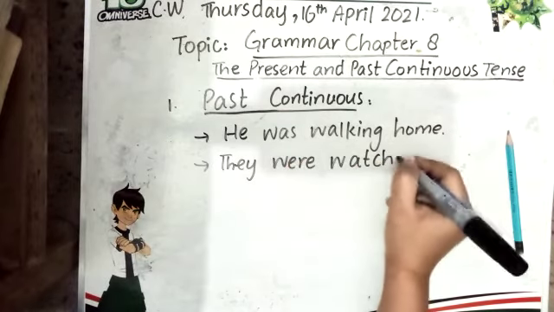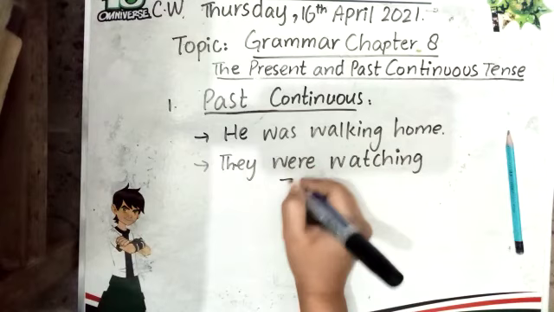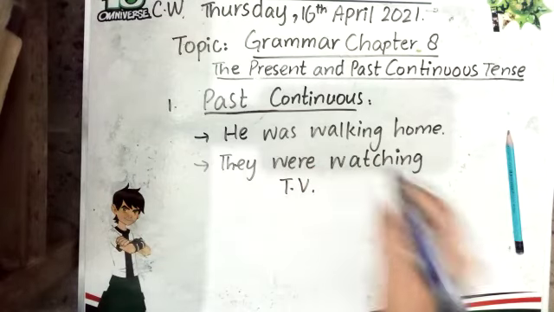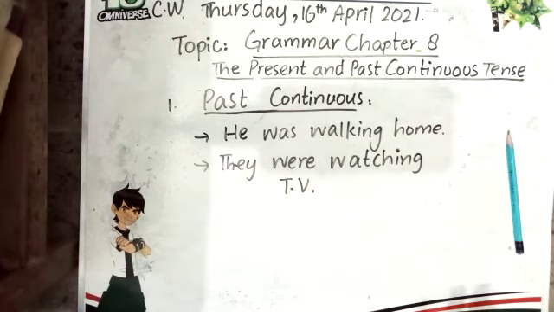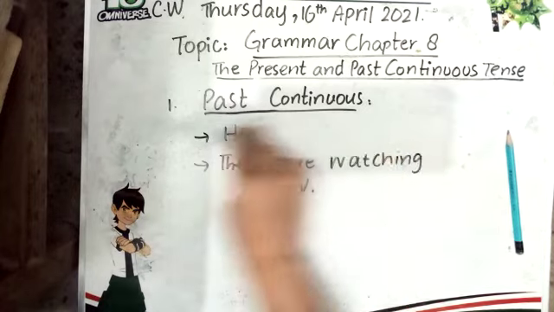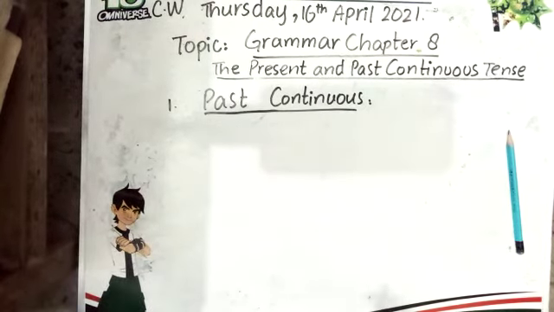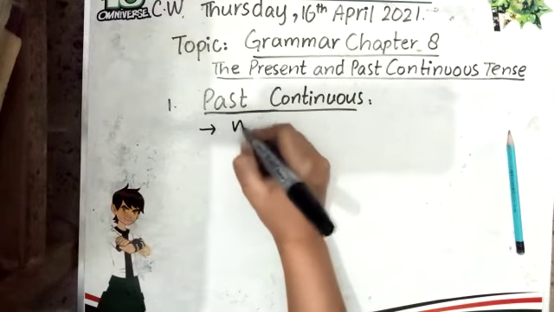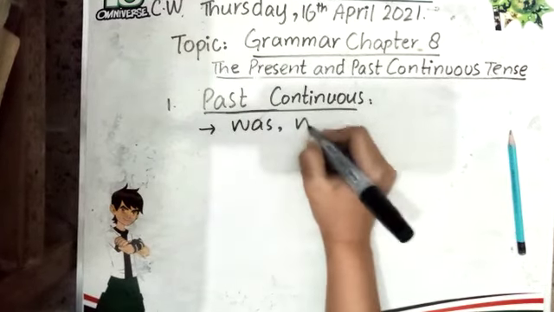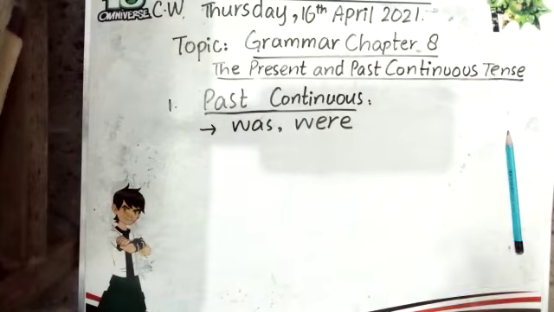So this tense expresses an action which was in progress at a particular time in the past. Now we use the simple past form of the verb be in past continuous tense. Now let me tell you how we have to use it. There are two types of be form which we use in the past tense, and those are was and were. Now when we have to use which one of these,